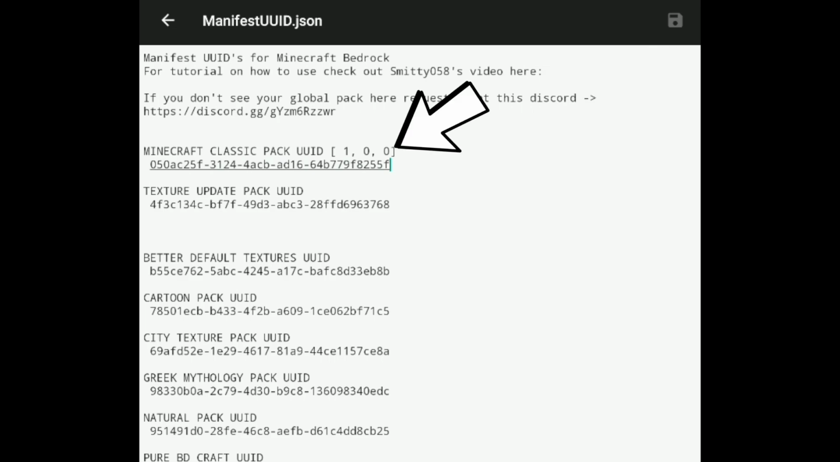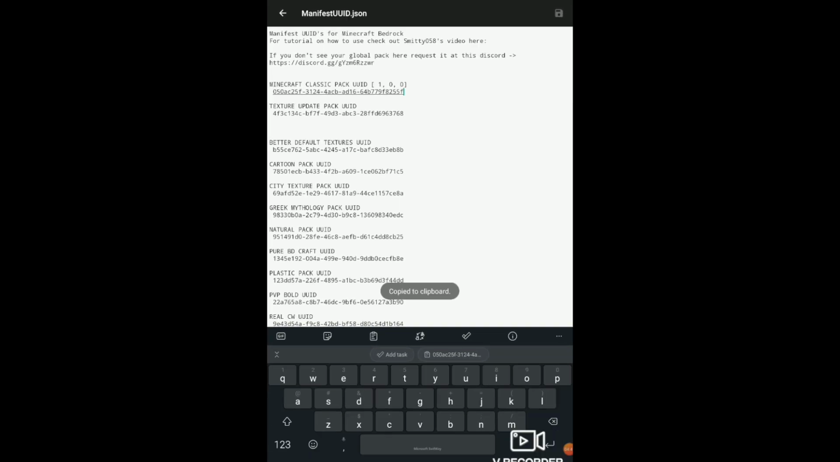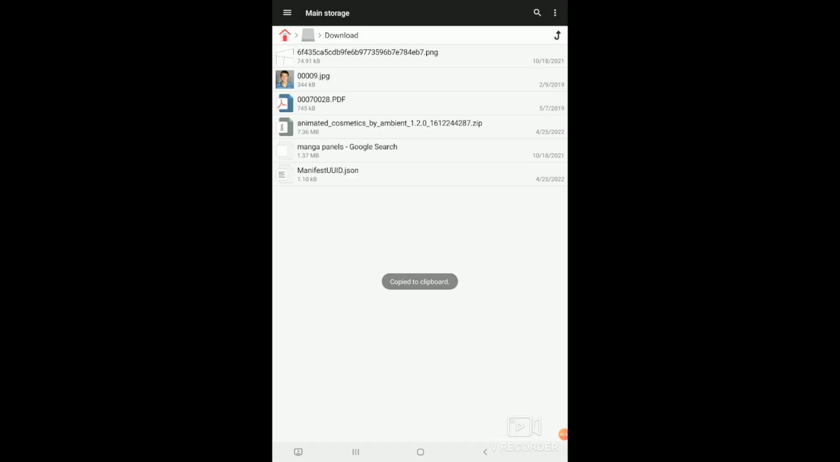So for the Minecraft Classic Pack, it says 100. That is the pack version, and you want to go ahead and remember that for the Minecraft Classic Pack, because we're going to have to enter 100 later on. So remember, we copied the UUID, and now you want to remember 100, and now we can go ahead and close out of this manifest UUID JSON file in the top left here, and now we can go back into our zip file. So go ahead and select your zip file from the options right here,